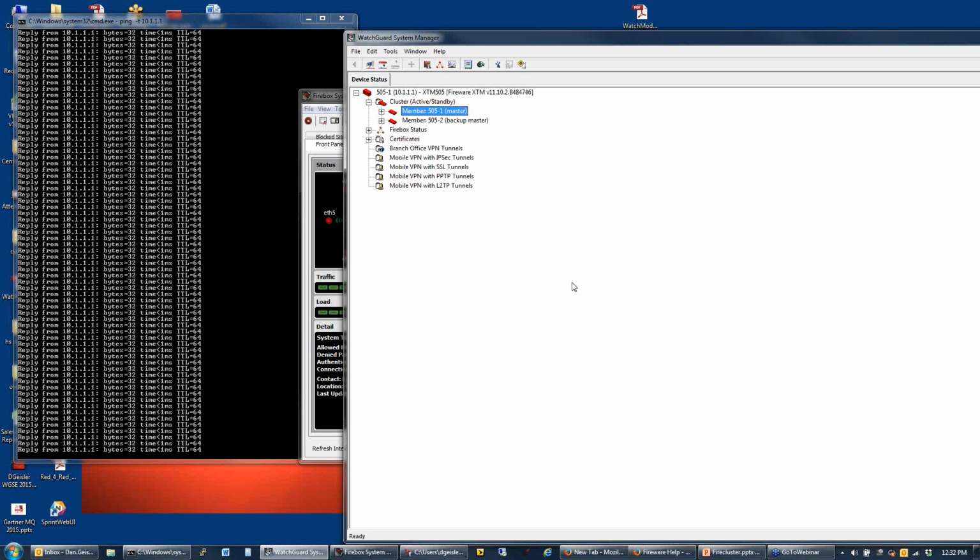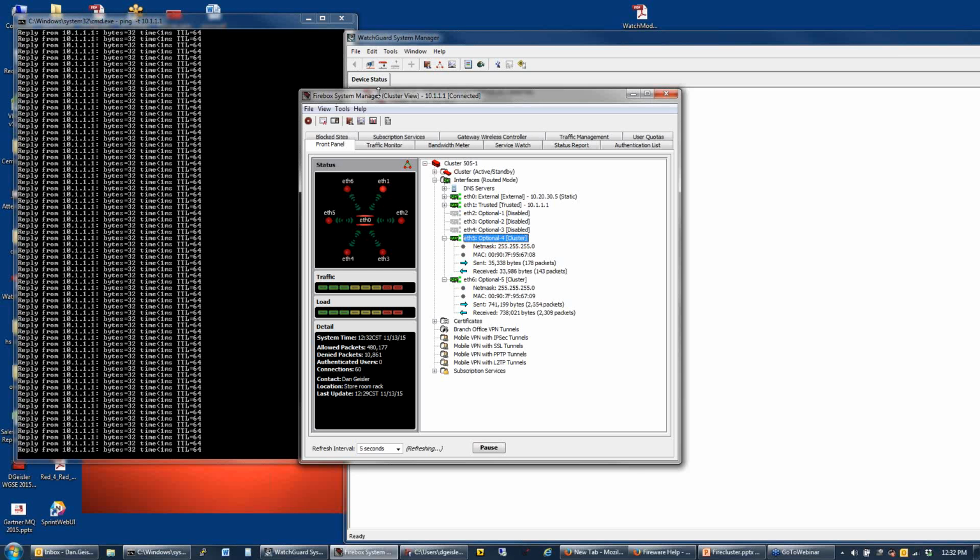Now, we talked about failover. If something happens, if we pulled an interface, I could walk over and disconnect an Ethernet cable. That would trigger a failover on these boxes. If your fans failed or your processor fried, anything like that, we would see that information in here and we would trigger a failover. The other thing we can do is we can actually come into our Firebox System Manager